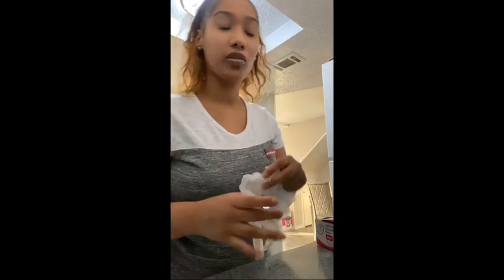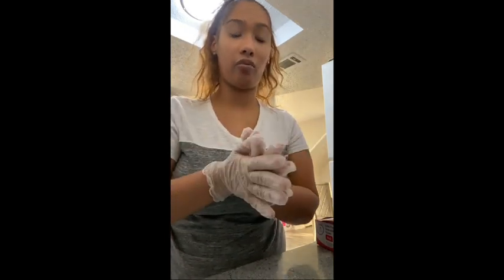Making shrimp tacos, pinto beans, and Mexican rice. Before I start, I will be wearing gloves. As you can see, I'm prepared. I have my gloves on, and right now in the sink, in a strainer, I have my big extra large